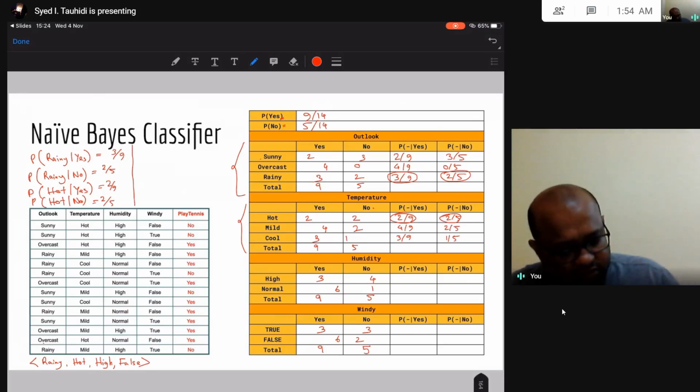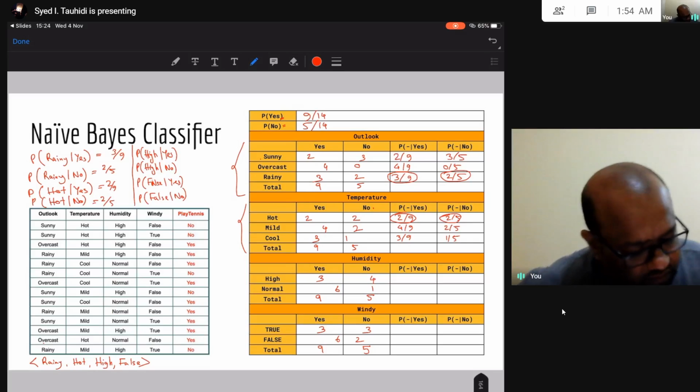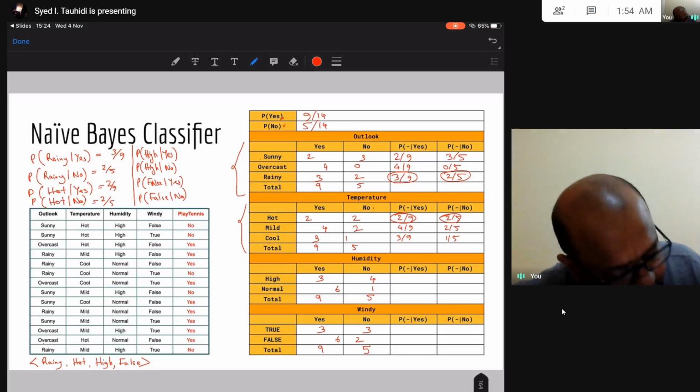We have to find the probability of high humidity given yes, high humidity given no, probability of windy being false given yes, and probability of windy being false given no. So the probability of high given yes is 3 by 9,